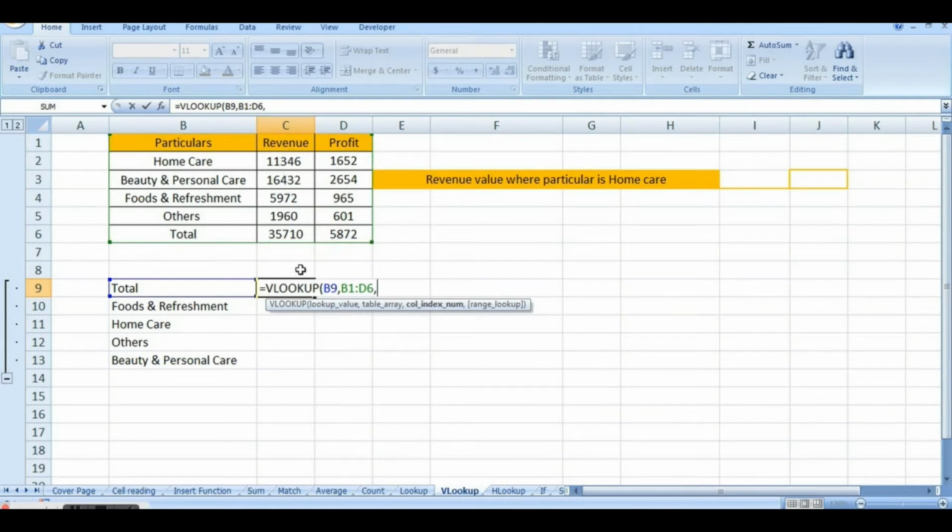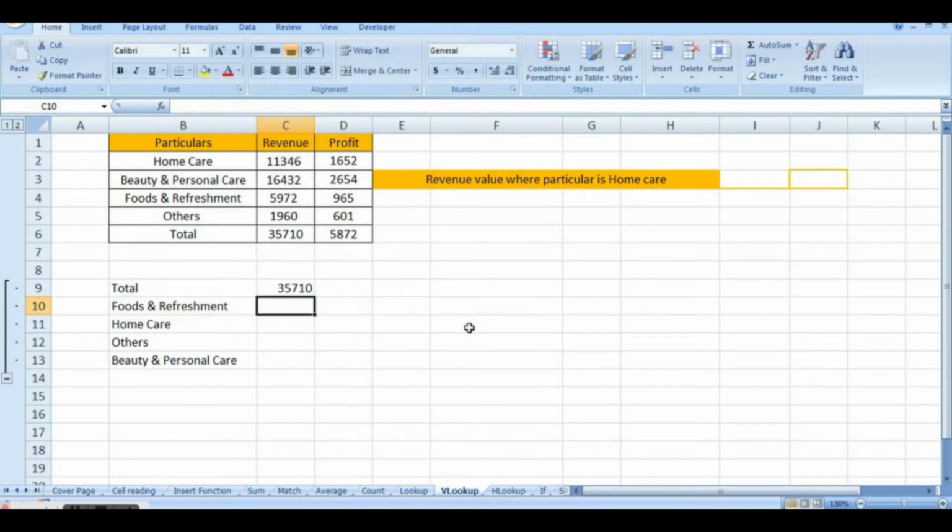I want the relative value of total, either revenue or profit. If it is revenue, I'll have to select the column index number. Not C, but what is the position of that column in this table. The revenue appears in column number 2, so I'll select 2, comma, and then it asks whether I want approximate match or exact match. I want exact match. I select FALSE, close the bracket, and it gives me the total value.